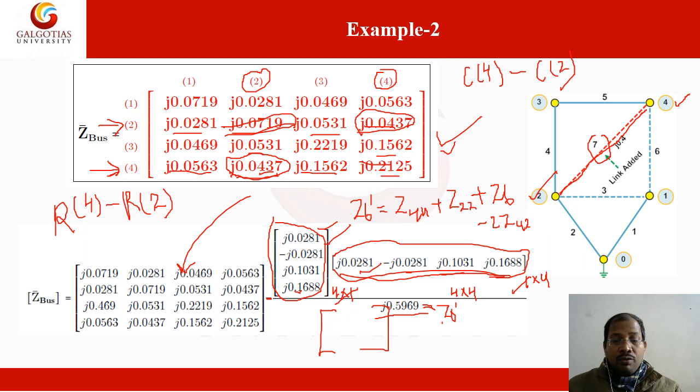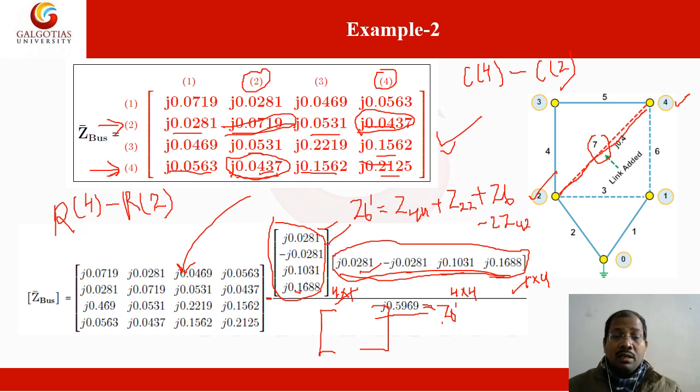Step 1: we are adding a new bus with an impedance ZB to the reference bus. So we have to increase one bus. Step 2: we are adding a new bus to the existing bus K with impedance ZP. So again we have to increase the size of the matrix and modify the elements. The original Z bus elements are the same; only the rows and columns we have to copy between step 1 and step 2. In steps 3 and 4, the size of the Z bus is the same; we are only adding a branch.